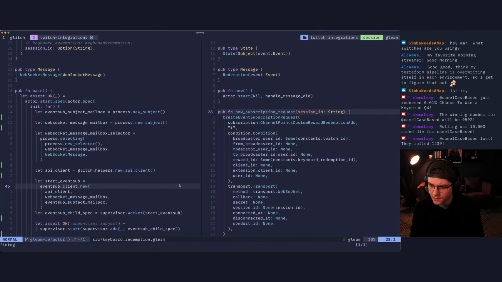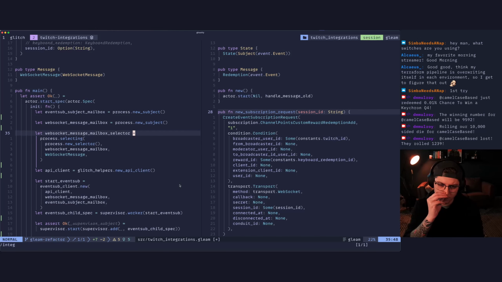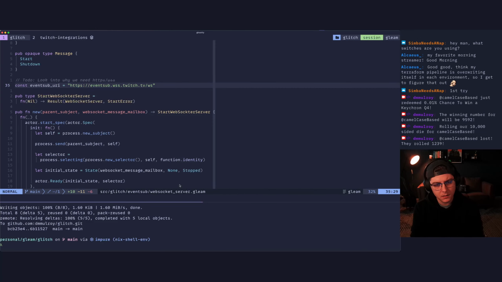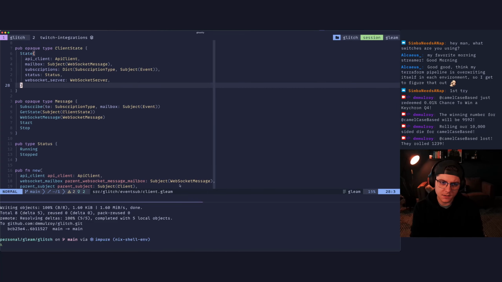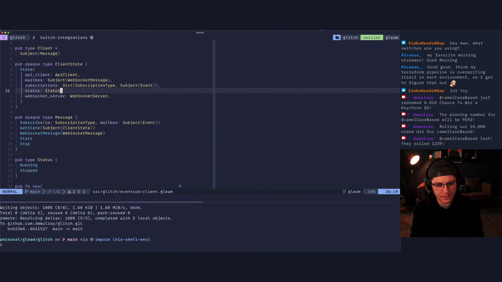This needs a session ID, and we could pass the WebSocket mailbox the whole way back out to the caller, or we could do something where this starts carrying a session ID.